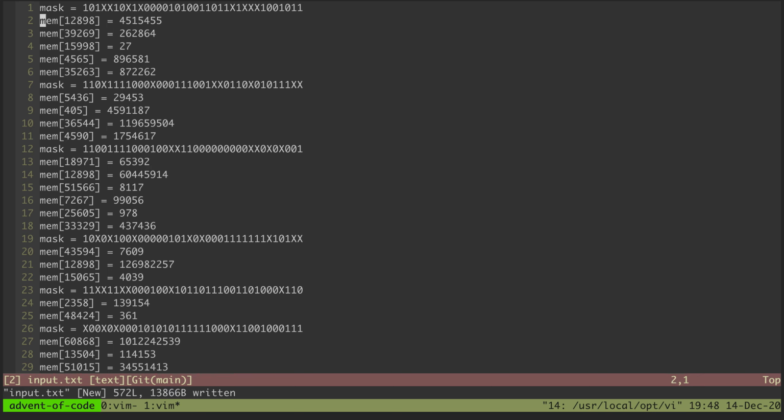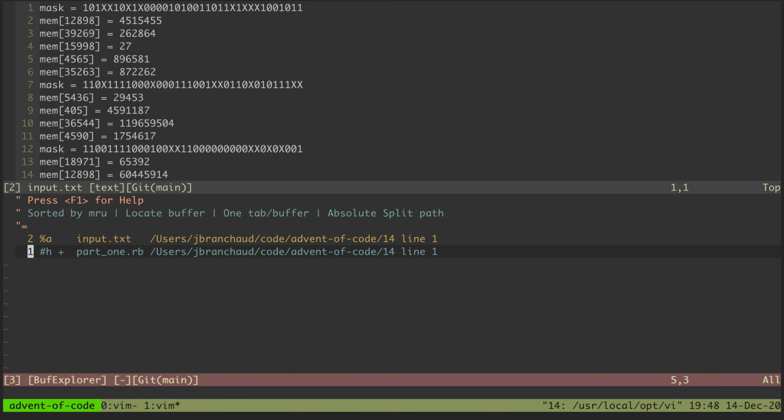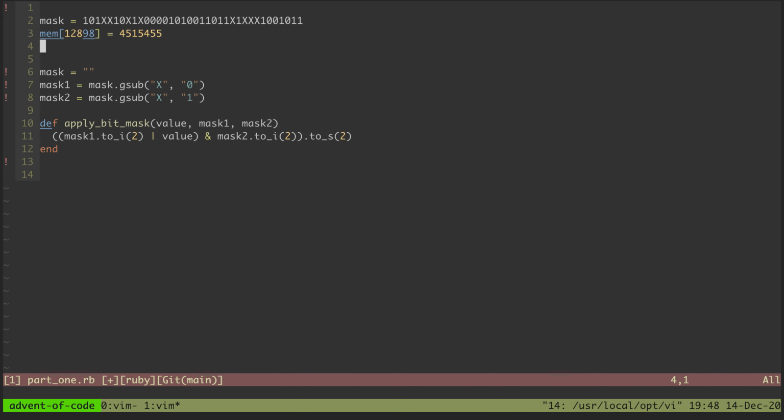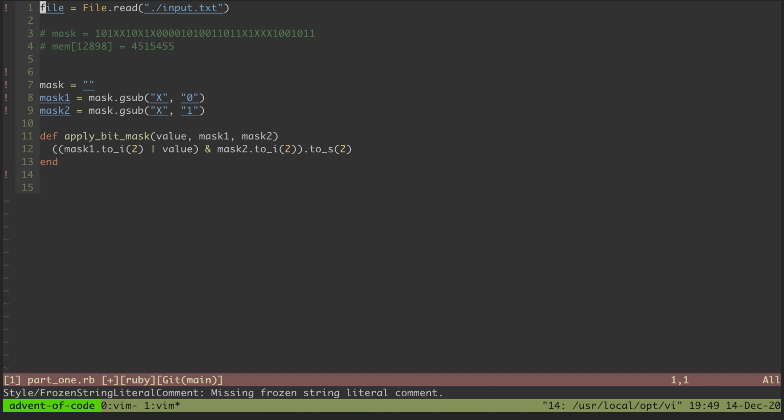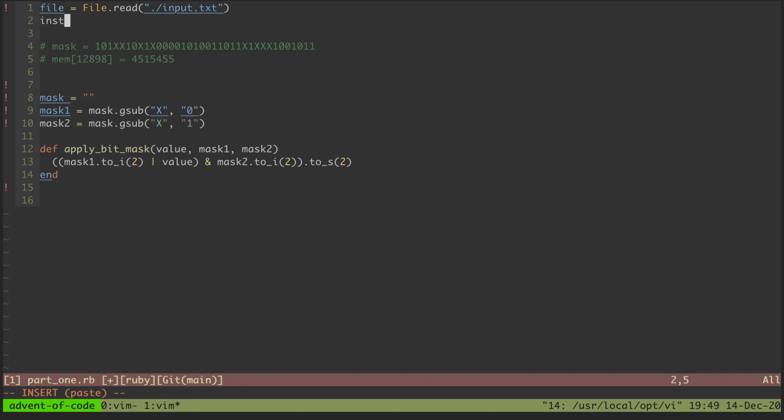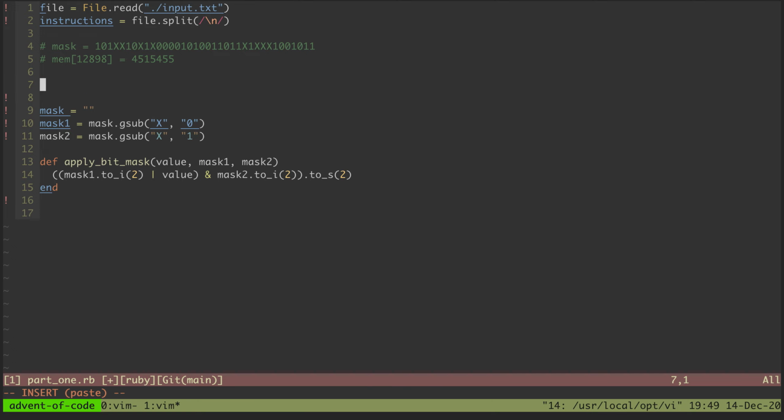So we've got mask and memory. I'm just going to copy these first two lines just so I have a point of reference. We'll say file gets file.read input.txt. And then I guess we're going to have instructions. So those are going to be splitting on new lines for this incoming file. And that'll be each of our instructions. And so then for each instruction,